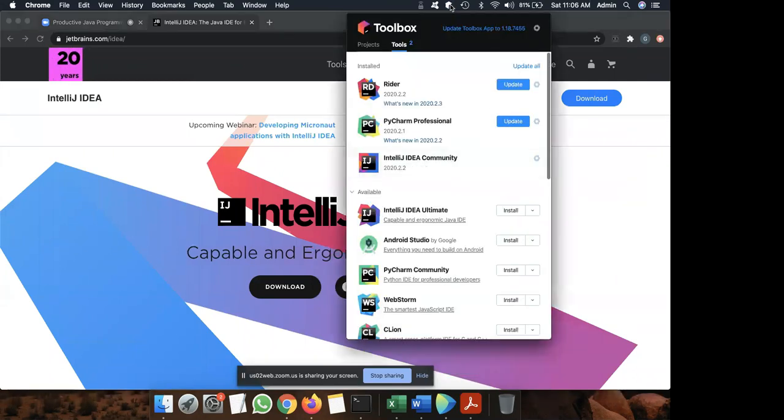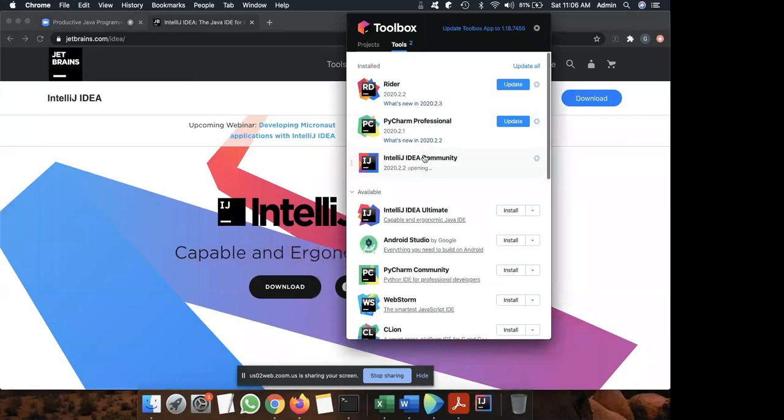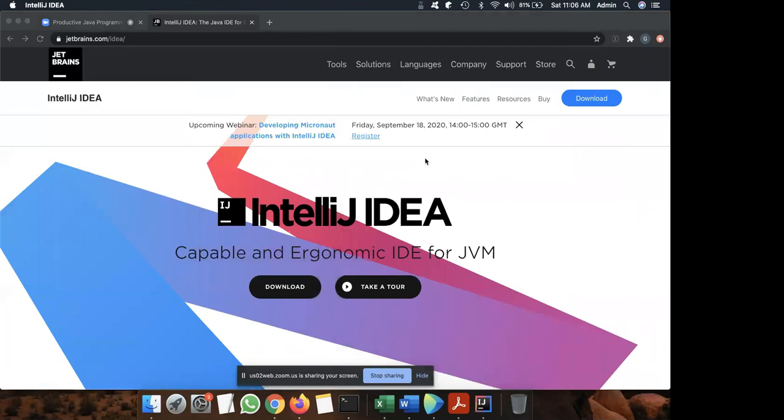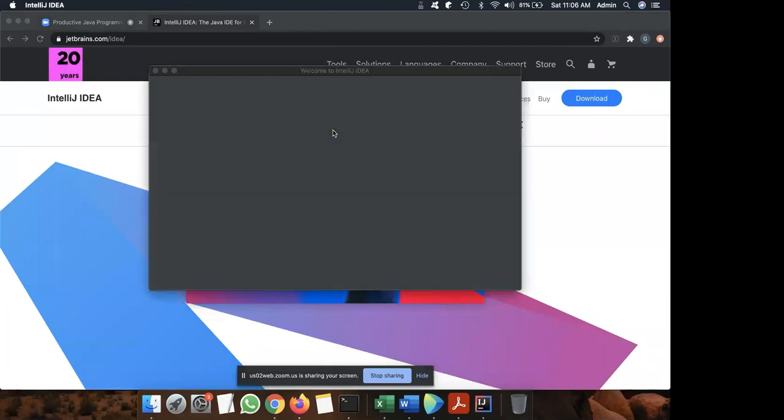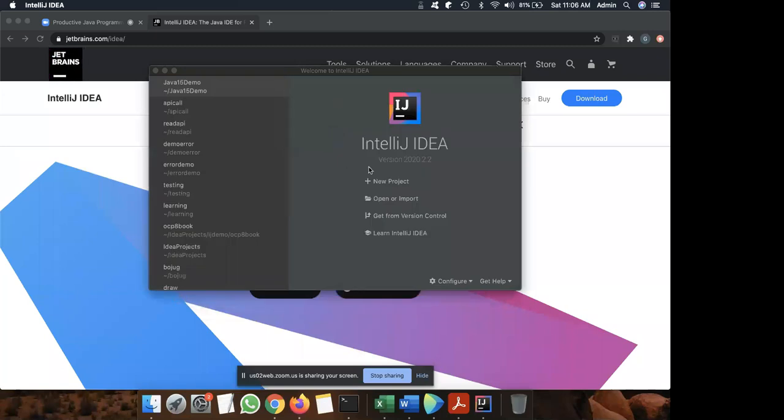Once you install IntelliJ IDEA, I use it through the Toolbox, and I am opening the IntelliJ IDEA Community Edition. All the shortcuts and key combinations that I'm going to cover today are from the Community Edition. The first tip is there is an option called Learn IntelliJ IDEA on the opening screen.